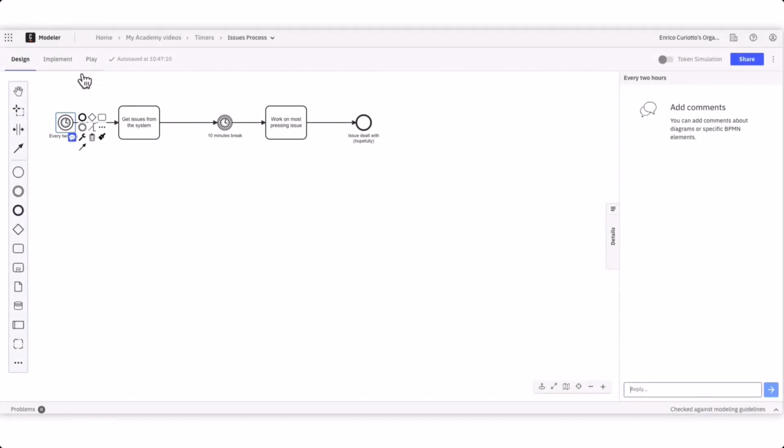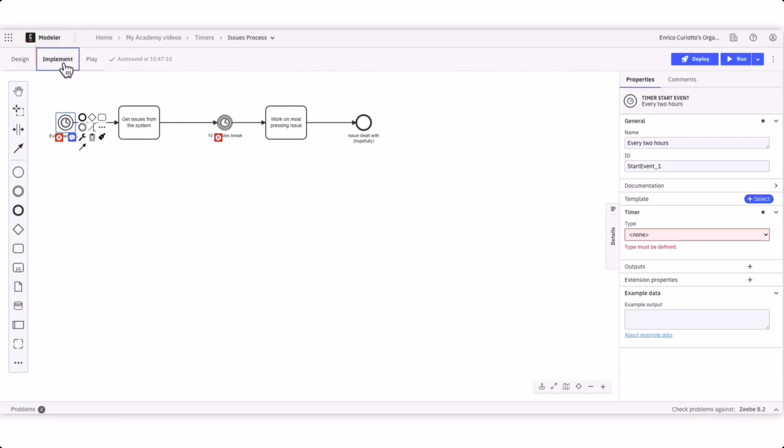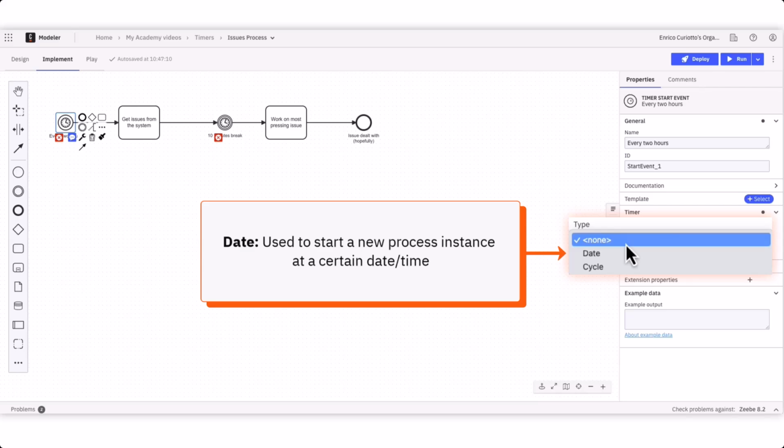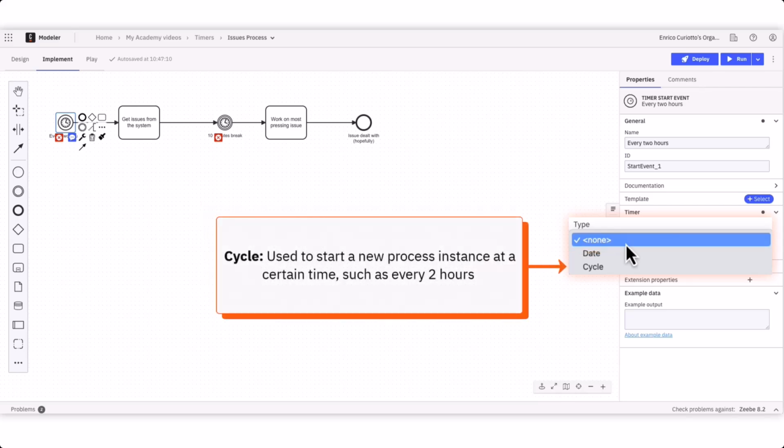How to configure timers? Let's switch to the Implement tab and select a timer. Firstly, we need to set the type property. For the start event, it can be either date, used to start a new process instance at a certain date, time, or cycle, used to start a new process instance every certain time, such as every 2 hours in our